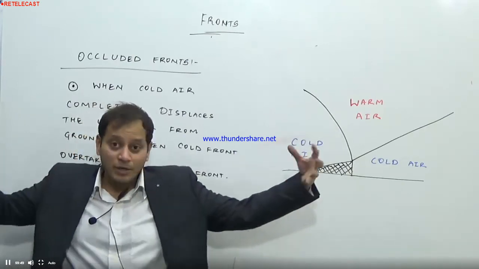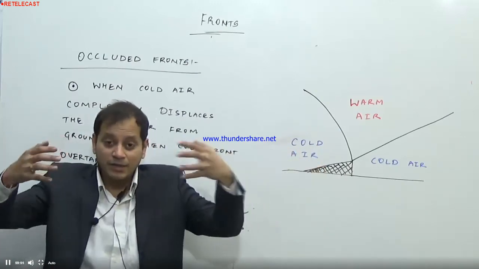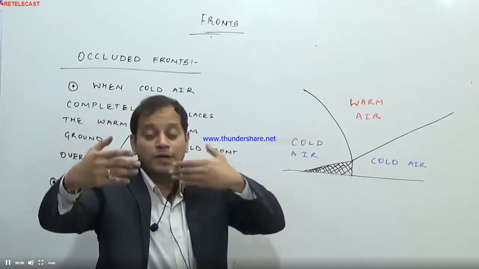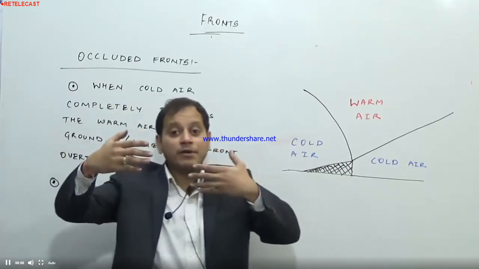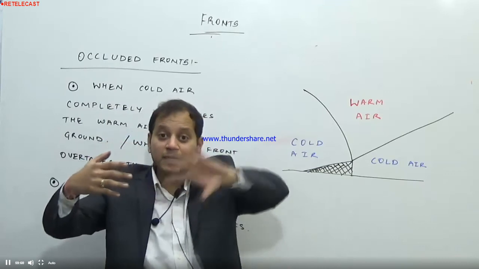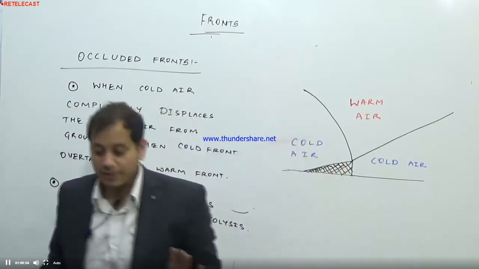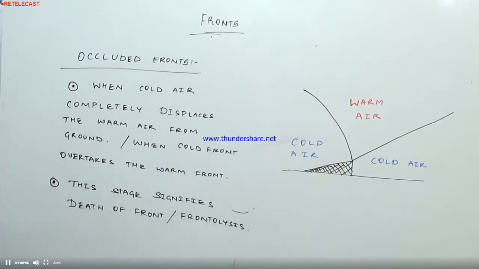So initially the two air masses will converge, they will try to invade each other's territory, resulting in the formation of a cold front and a warm front. Over a period of time, the cold air will completely remove the warm air from the ground, resulting in the formation of an occluded front. Now sometimes